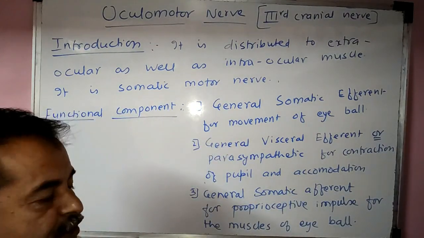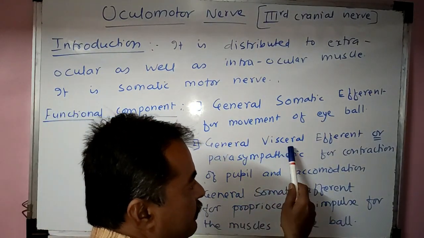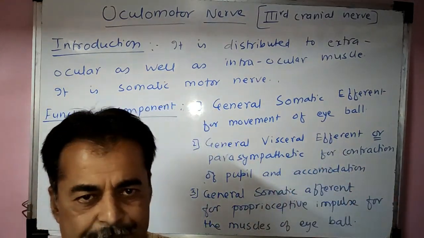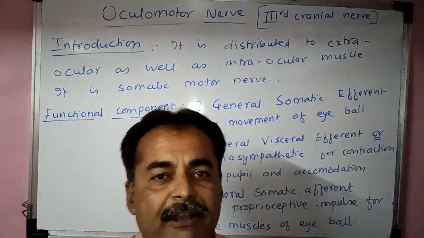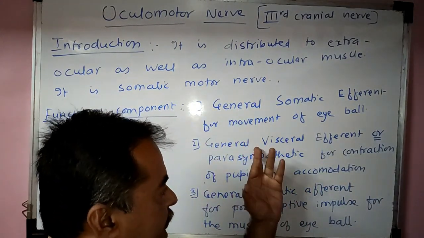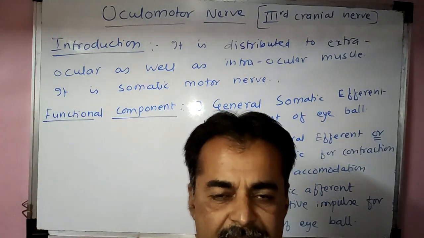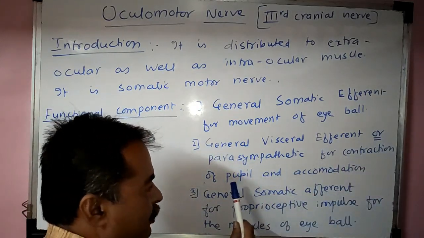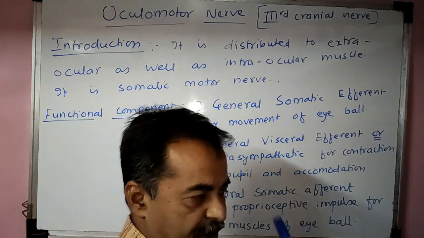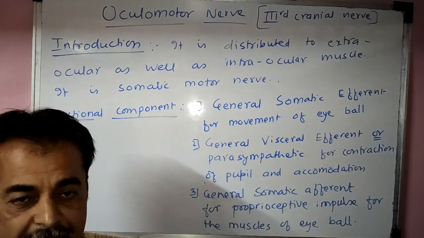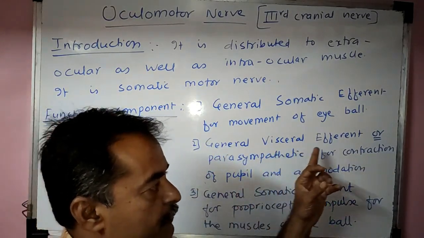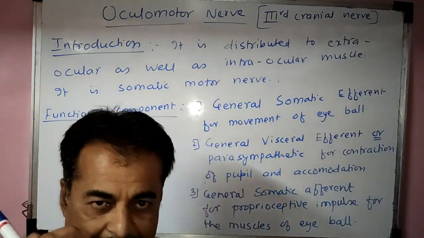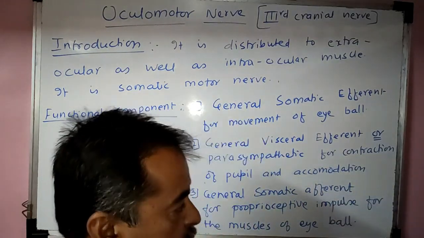Now the second functional component is the general visceral efferent. These general visceral efferent fibers arise from the Edinger-Westphal nucleus. They are also called the parasympathetic fibers. These are for the contraction of the pupil and accommodation. So the second functional component is the general visceral efferent, or parasympathetic, for the contraction of the pupil and accommodation. This is from the